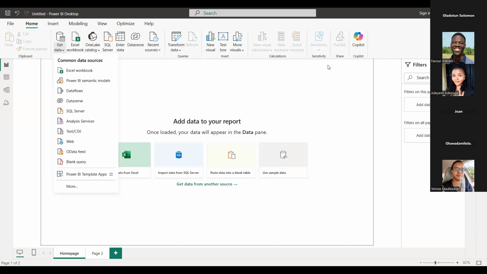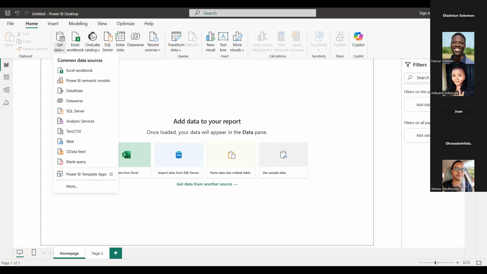Now, can you tell me, is there a difference between a CSV file and an Excel workbook file? Is there a difference between both of them? Yeah, a CSV file is a file that has its values in a row and also includes commas or other delimiters like semicolon, forward slash or space.